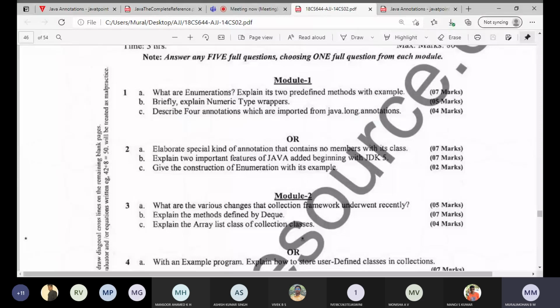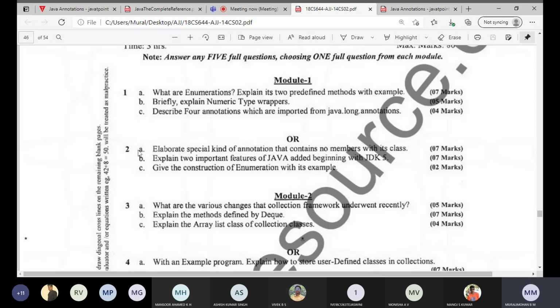Next question says, elaborate the special kind of annotation that contains no members. Which type of annotation should be explained here? Inherited has no members.